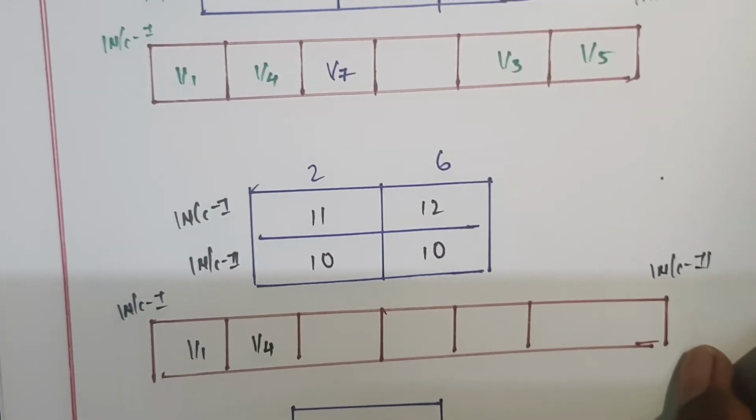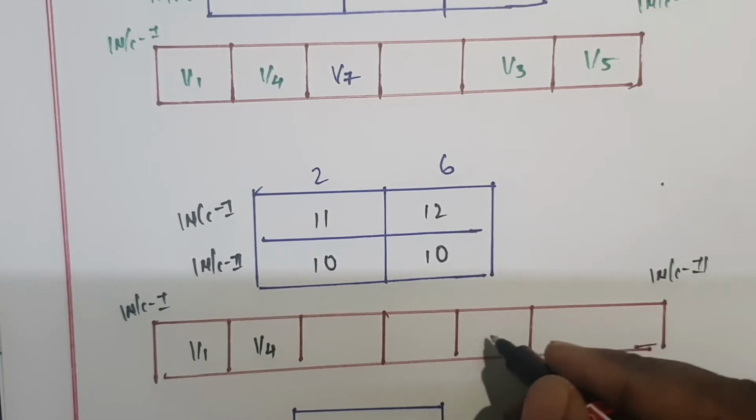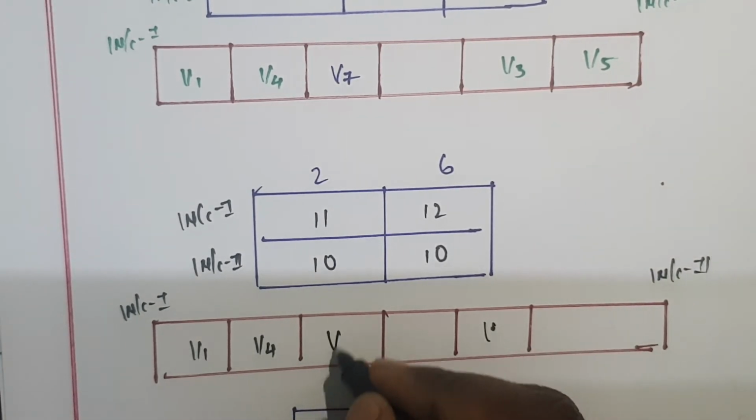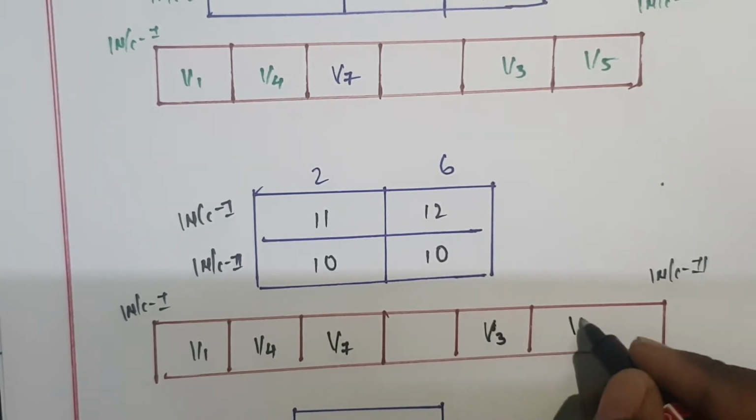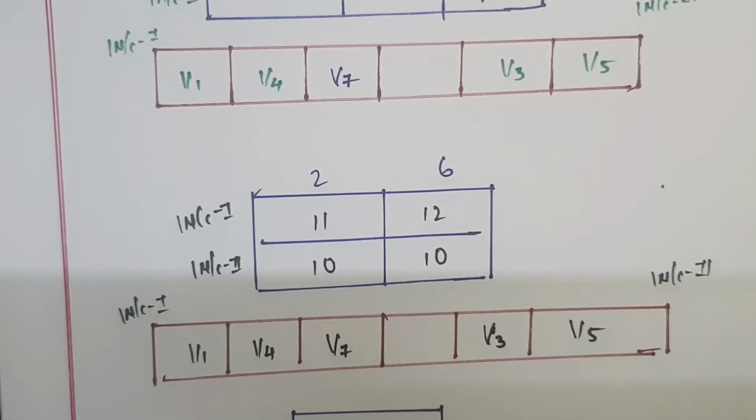This one is known as V1 and this one is known as V4, here this one is known as V7, this one is known as V7, and this one is known as V3, and this one is known as V5. Now the last term,